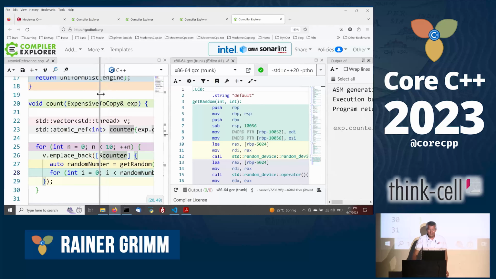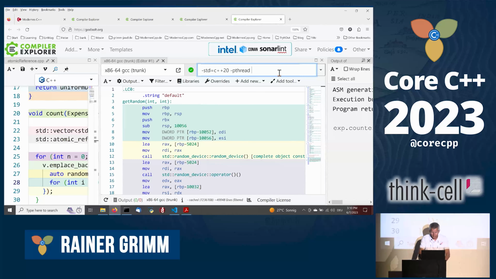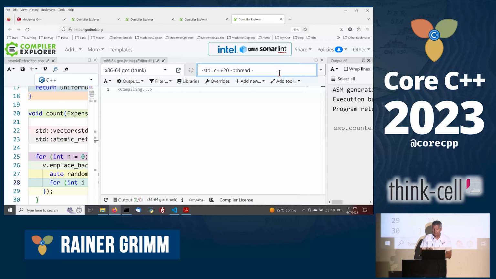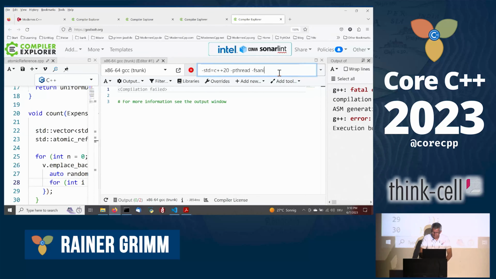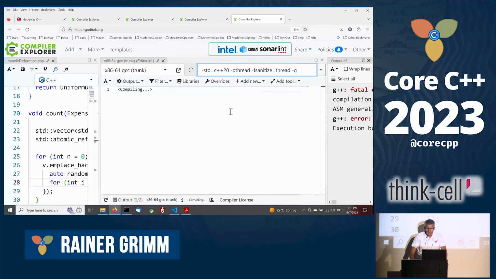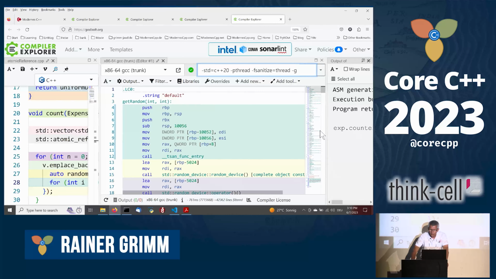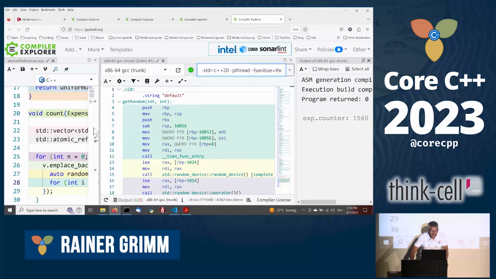When you do concurrency, you should always use a tool which is called thread sanitizer. I have to put on my glasses. -fsanitize. I only want to show you that this program really has an issue. So you see, this is of course no proof. We got the same result and so on. But